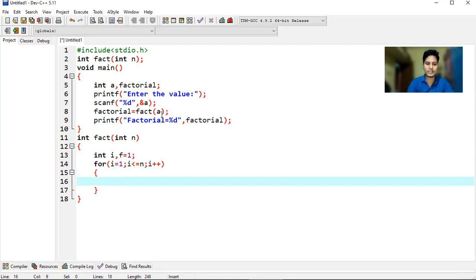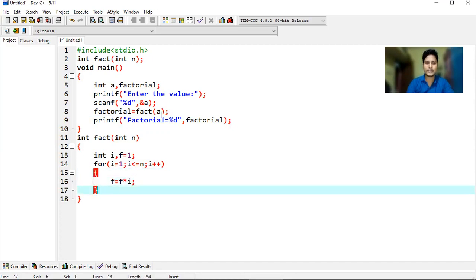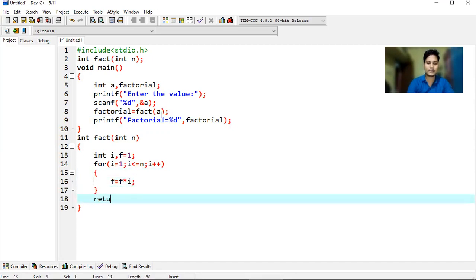Opening curly bracket, closing curly bracket, f is equal to f asterisk i, semicolon, then return f, semicolon.